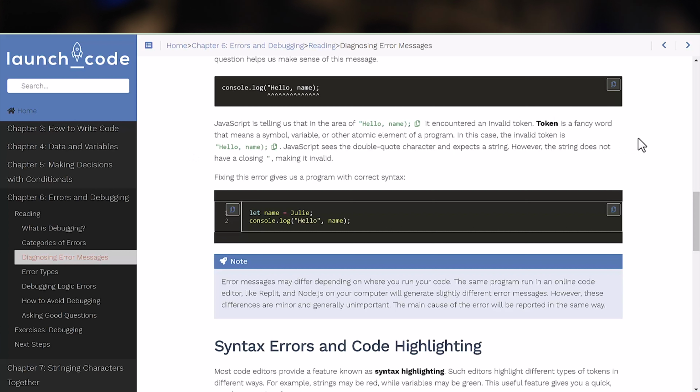It's missing something. JavaScript is telling us that in the area of hello name, it encountered an invalid token. Token is a fancy word that means a symbol. Remember that one of the 7 primitive data types are symbols. Here, what symbol is it missing? It says that the variable or other atomic elements of a program, in this case, the invalid token is hello